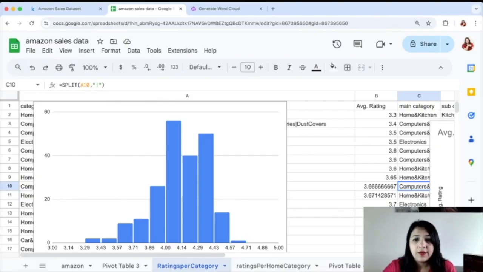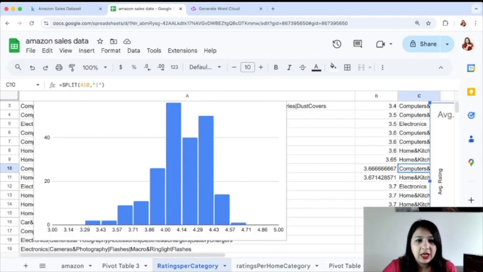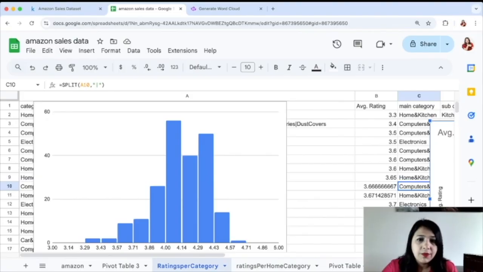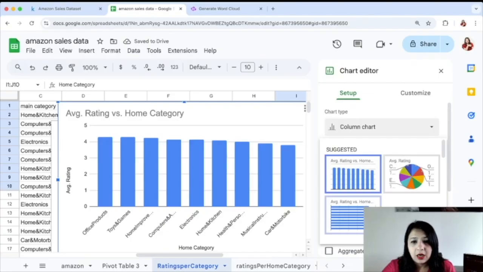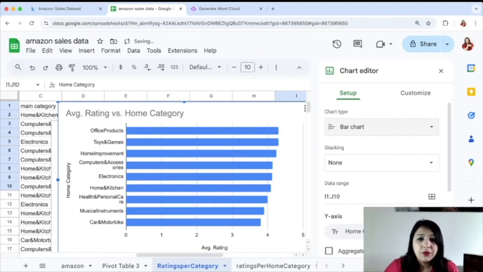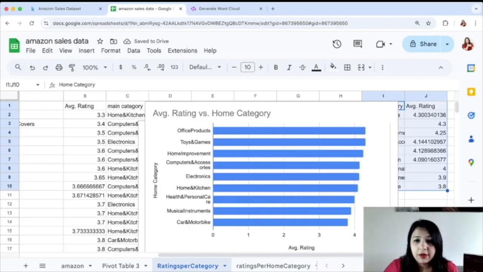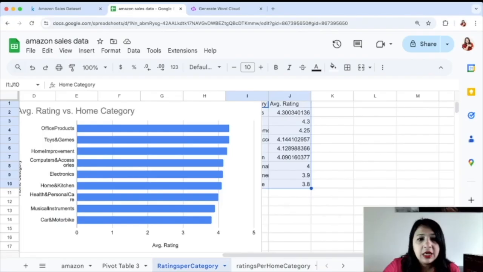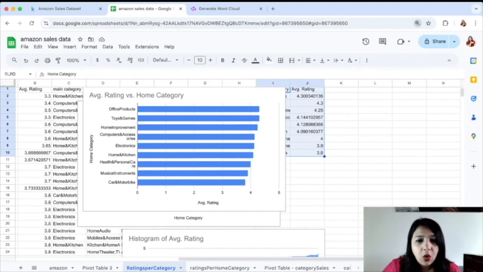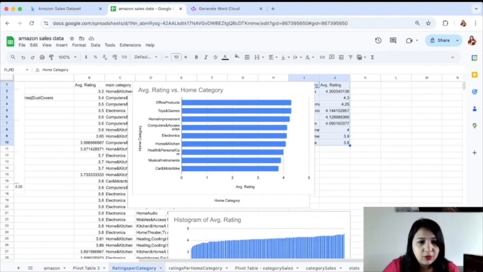And if we want, we can try and see if we can convert this chart into a bar chart, or let's say we create a new chart which is a bar chart instead of a column chart. So we select the data and we insert chart, and instead of a column chart, we can make it a bar chart. And this is now up to you to decide if this chart makes more sense when it comes to visualization. Is it easier to read and understand, or was the other one, the column chart, easier to